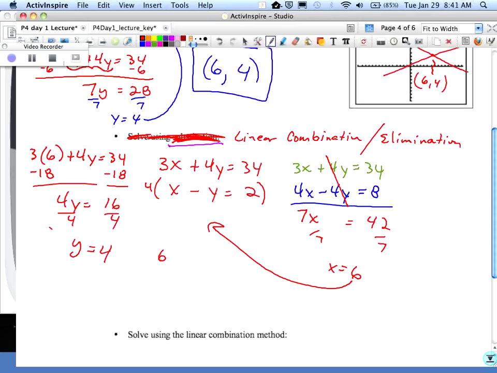I prefer to get them the same. So I teach it more of a linear combination because you're just squishing them together. And that's where some people do call this the elimination